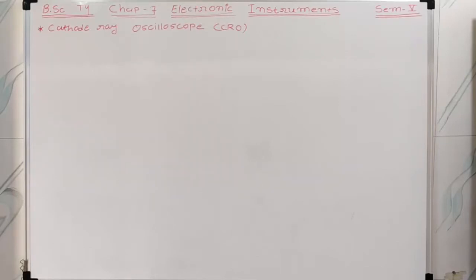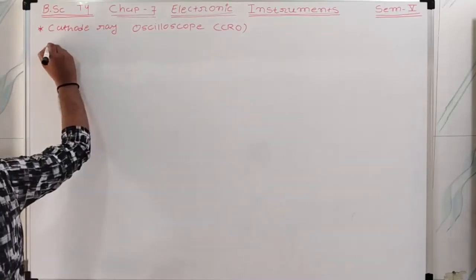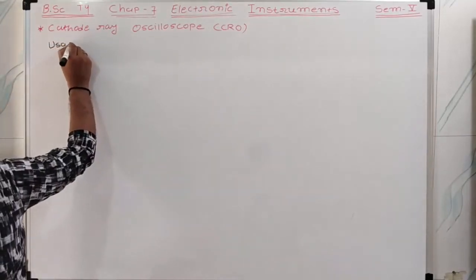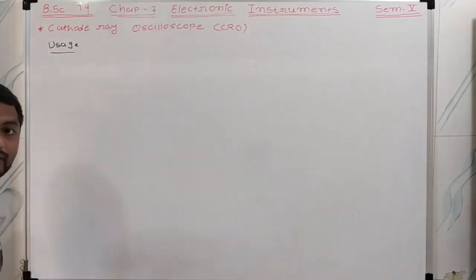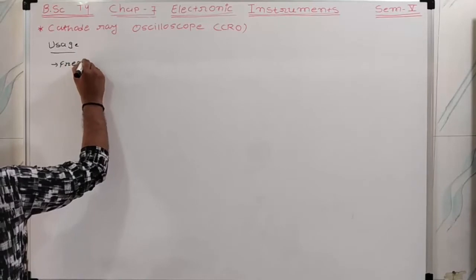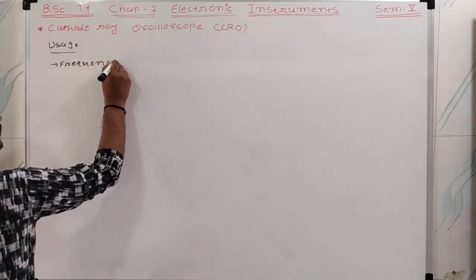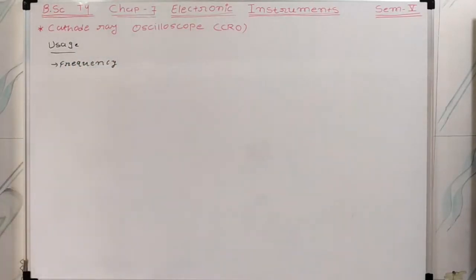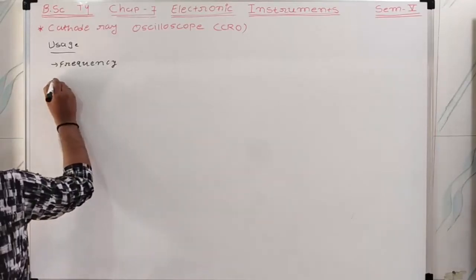For what type of measurement is this CRO used? The first one is usage. I am writing the usage. If you want to measure the frequency, then this type of CRO is used, right? If you want to measure unknown electrical quantities, it just displays